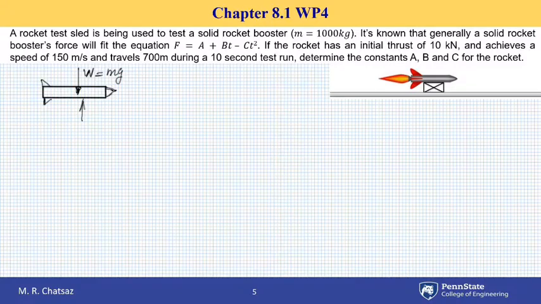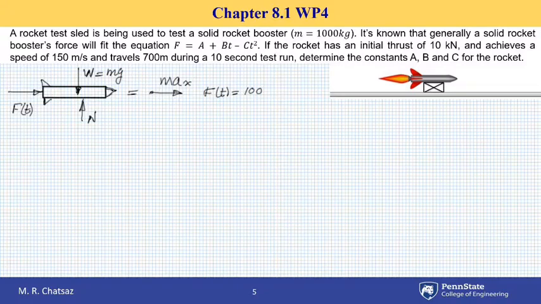There's a supporting force by the track pushing up, I call it N, and then the propulsive force which changes with time, F of t, and this force is a given quadratic function equal to, let's say, ma in the x direction, of course. So if I write the equation of motion in x direction, I basically have F of t